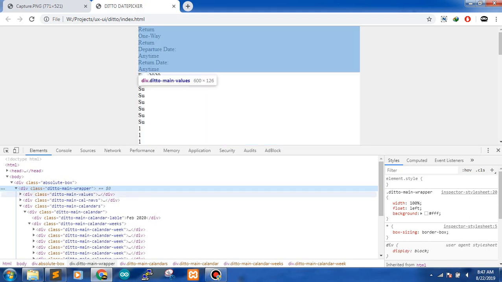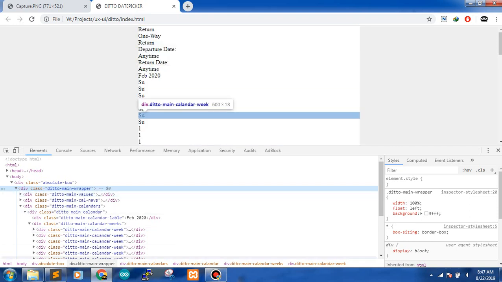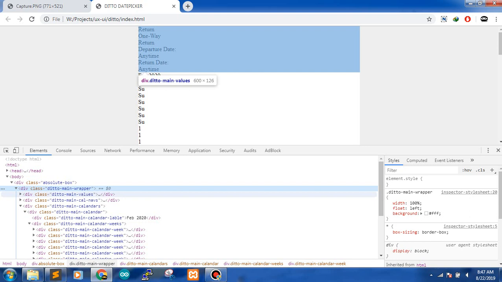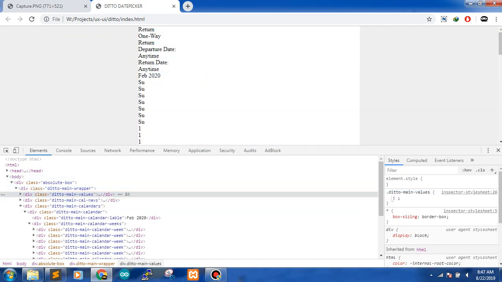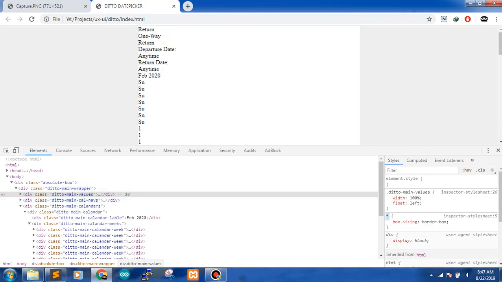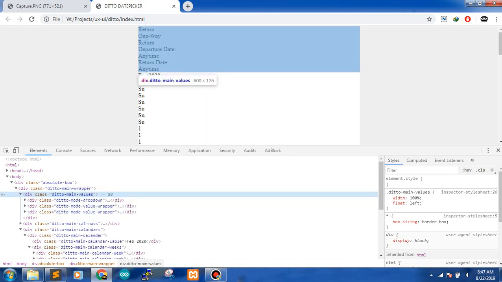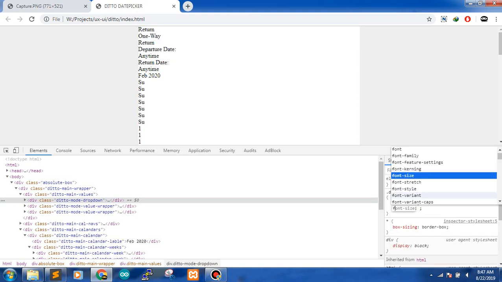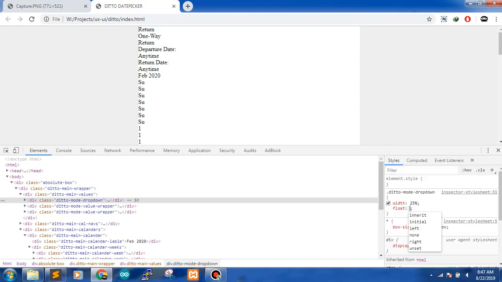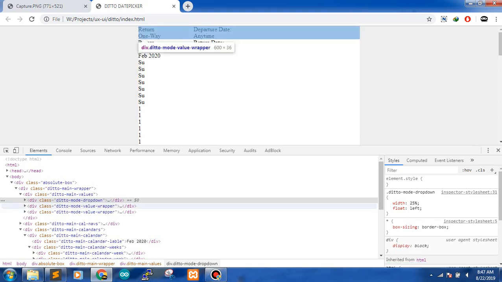Okay. All right, now let's make the values. These are the navigations, so let's make these 100% float left, and drop down, let's give it width of 25%, float left,